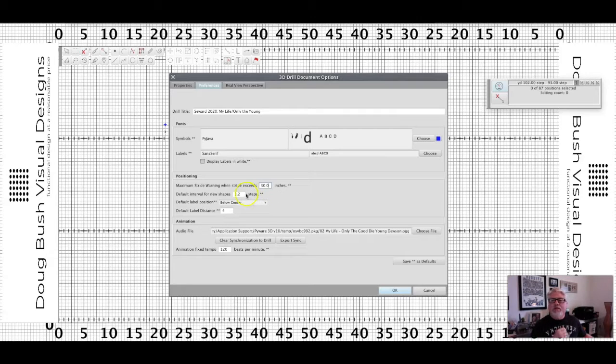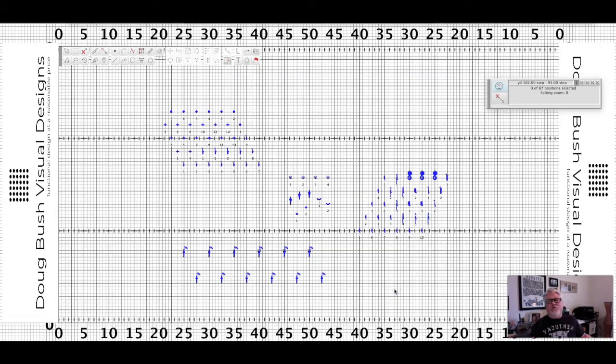All right. And then the default for the interval for new shapes is 2 steps. What I'm changing that to is 3.2. 3.2 is exactly 6 feet. So that aligns everything with social distancing guidelines from the CDC and everyone else, especially for outdoors. So you can type those in, then that way the computer program is actually going to help you as you're